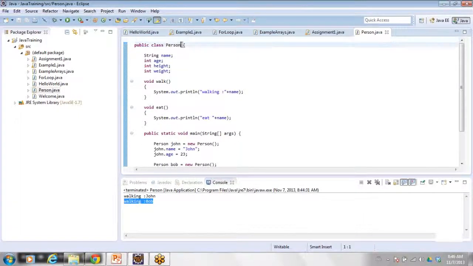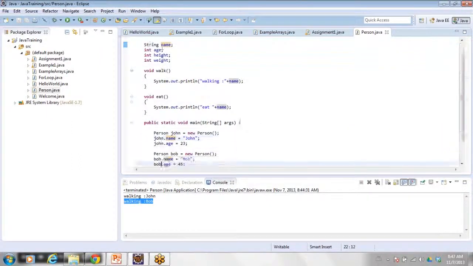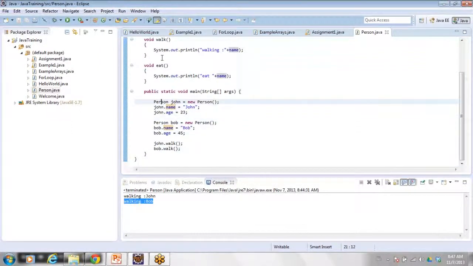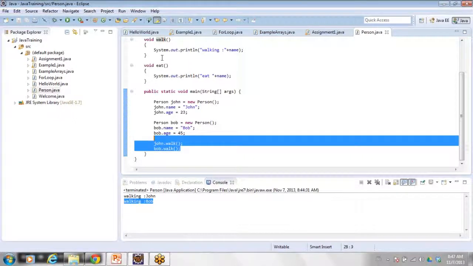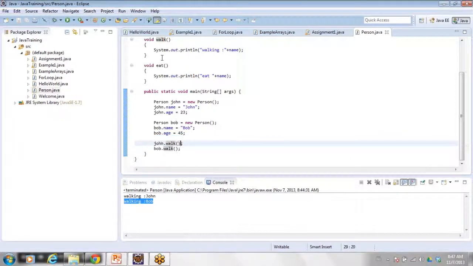So here we have defined person as a class and we have created two objects of a person, John and Bob, and we set the attributes and we invoke the member functions on those objects. Object represents the real world entity. It has some attributes and it has some operations, or we call them member functions.